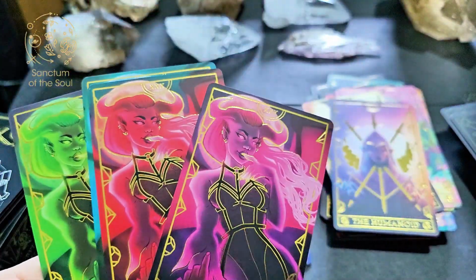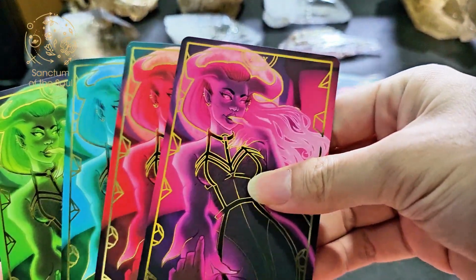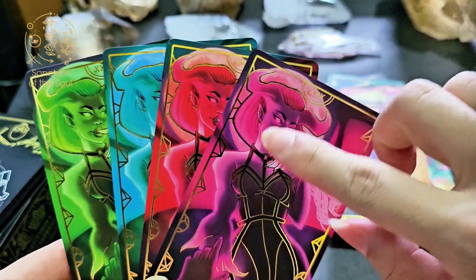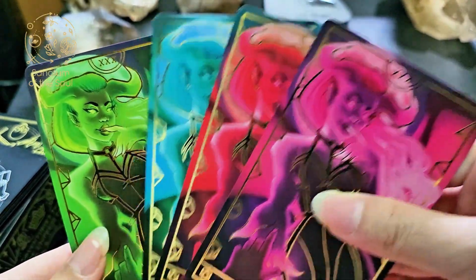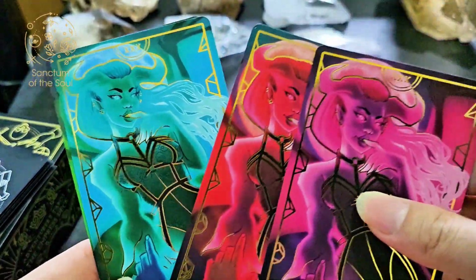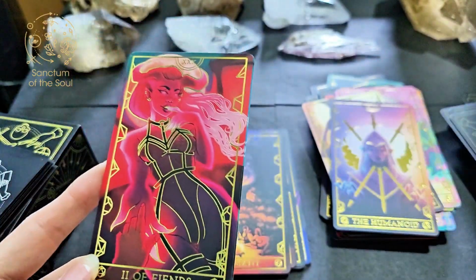So we have the Fiend here. So to me, the Fiend has always been like temptation, perhaps something like an addiction that you want to get through. So we have the 4 different colors as well. This is an interesting color to me. This feels like a more toxic kind of addiction. This feels more like an emotional reliance. This could be something like lust or something that's not that